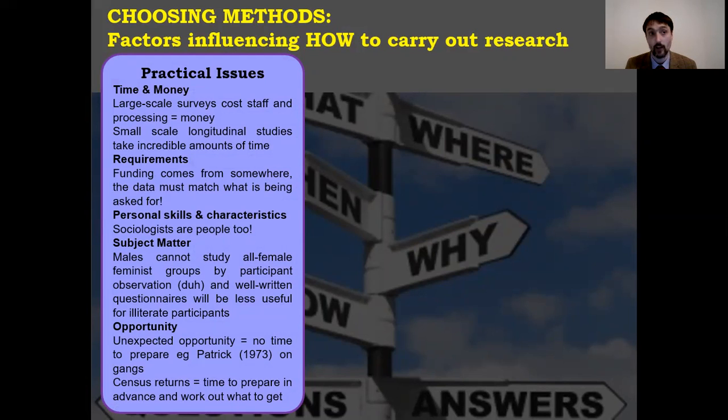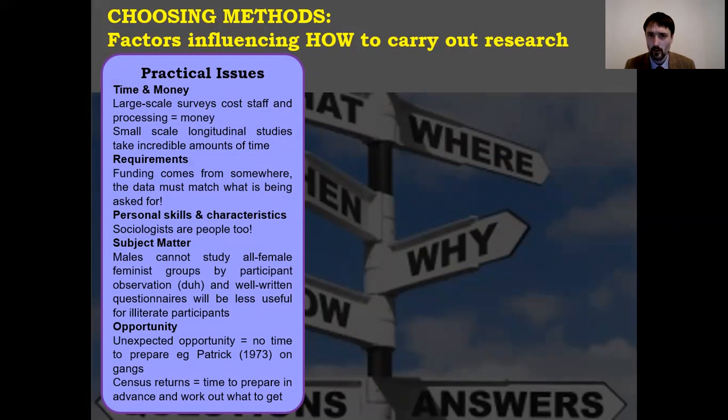So if they're asking how people are going to vote, what you really need is quantitative data and a large sample size and a fairly reliable cross-section of society. And so you'd have to do a scripted questionnaire. You couldn't just randomly walk out onto the street in a bunch of areas and ask everyone you found. That wouldn't be representative. It wouldn't be terribly helpful. And it wouldn't generate the data that you'd be able to legitimately give, given the requirements of the funding you receive.